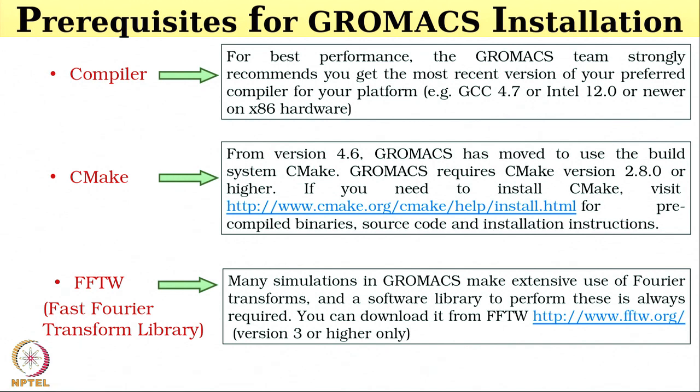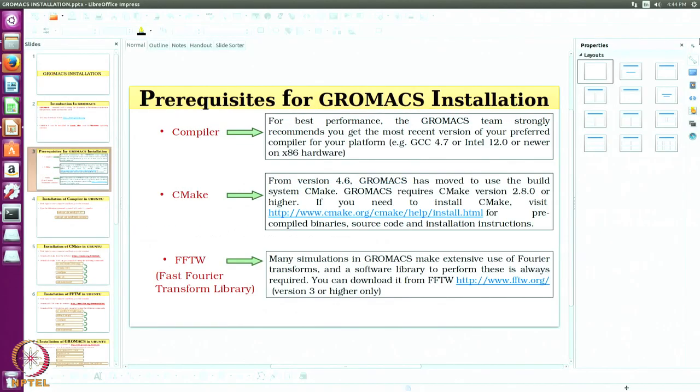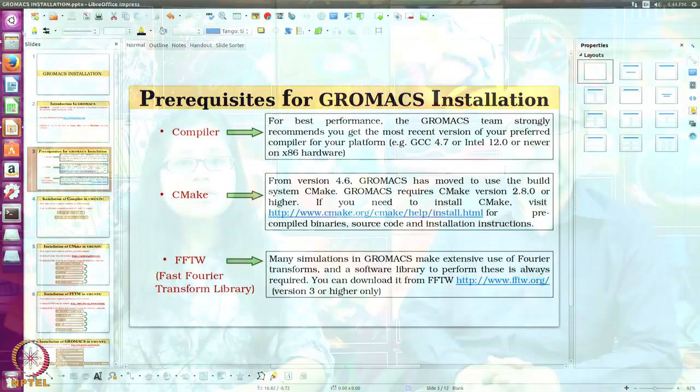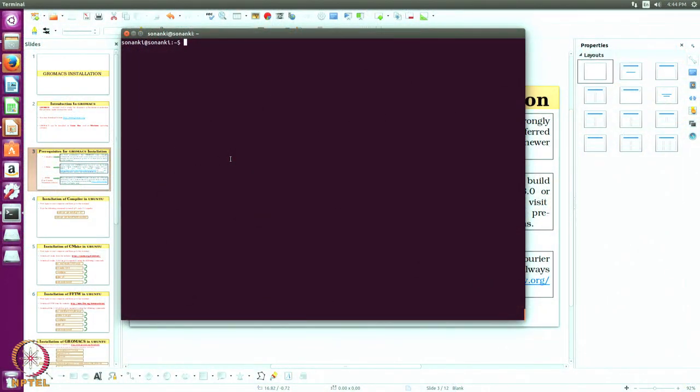show the installation step by step. So I will just go to the terminal. So this is my terminal and this is my home page. If I just type pwd, it will show me the path. So this path is home and my name. So now I will just type ls to display all my directories.